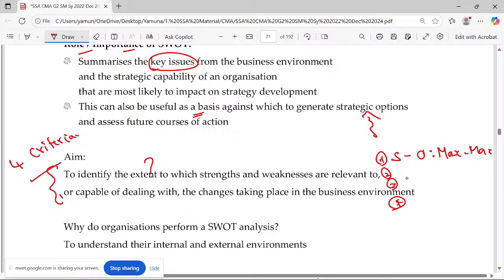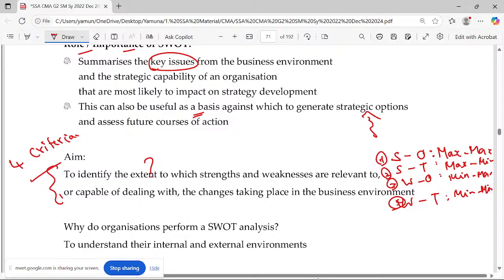Is it okay? So strength and threats, then weakness and opportunities, weakness and threats. Is it okay? So obviously you try to maximize your strength and minimize the threats. The other way, the third one, you will minimize the weakness and maximize the opportunities. And the fourth one, minimize and